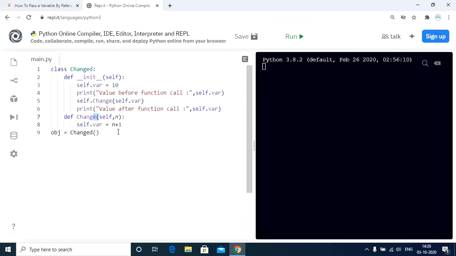Therefore, we are assigning the value to the variable var using the self keyword, which now returns the modified value. So, as per our expectations, we should now get the value of variable as 11. So let's check if that's the case, and there we go. As you can see, we have the expected output.